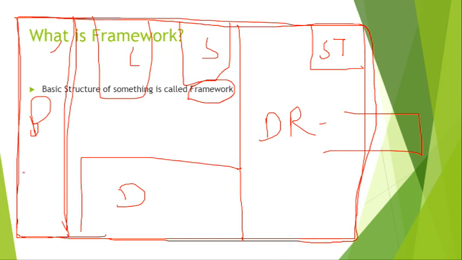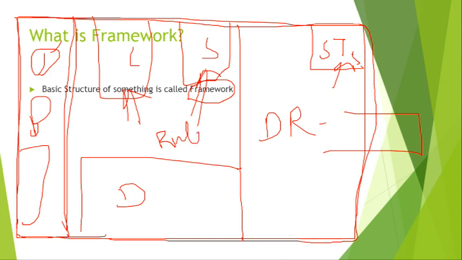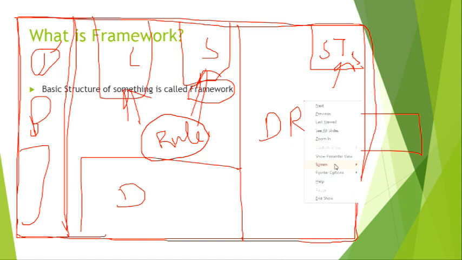I can keep my beds in my bedrooms, I can keep shoes on my shoe stand, I can keep my books and other stationery on my shelves, and I can keep my clothes and other stuff in my cupboards. So there are some rules about where to keep what. I cannot keep shoes in my bedroom, right? So there are rules by which I can manage the basic structure of our house.